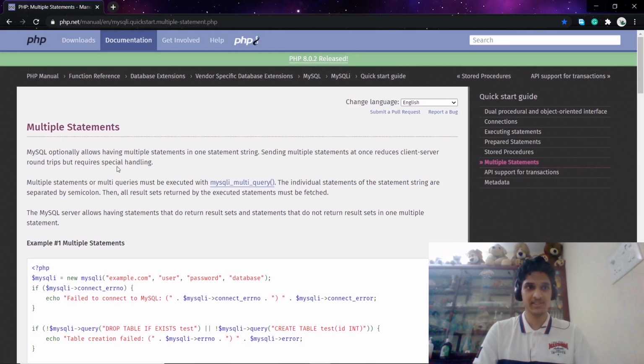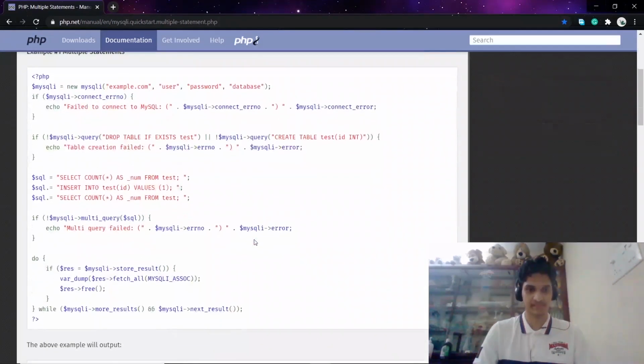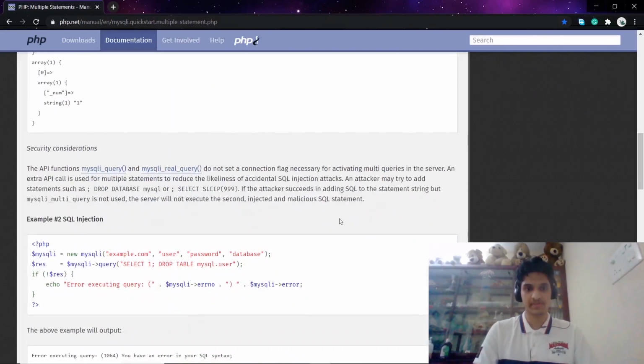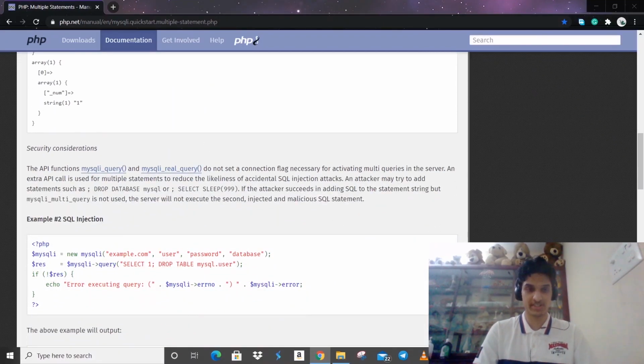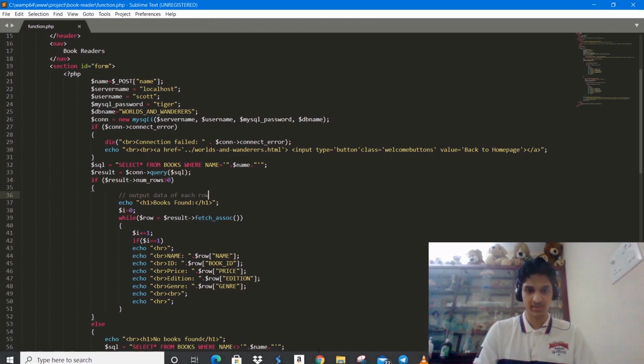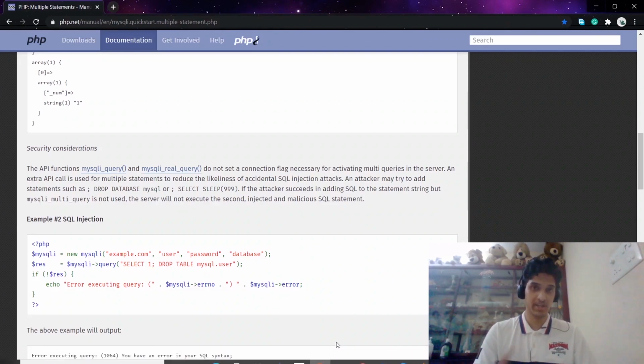So I referred to the official PHP documentation for multiple statements, and I used the query function for executing our SQL statement. As you can see here, SQL injection attacks are possible only with the multi_query function, and this was done on purpose by the PHP developers, as is mentioned under security considerations in the official documentation.